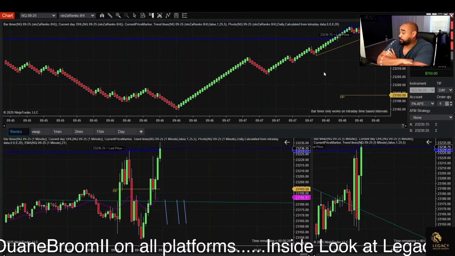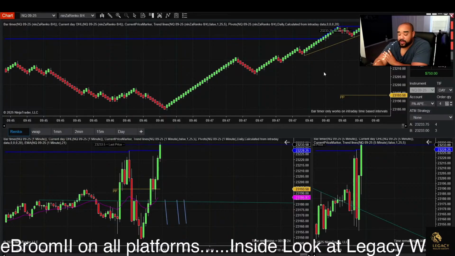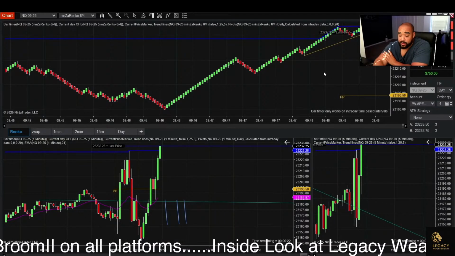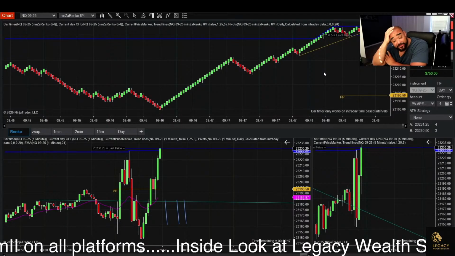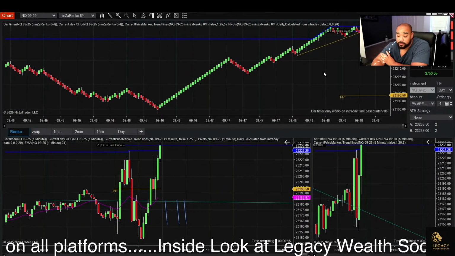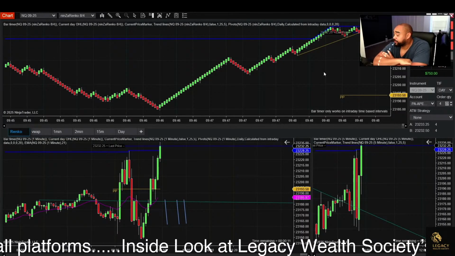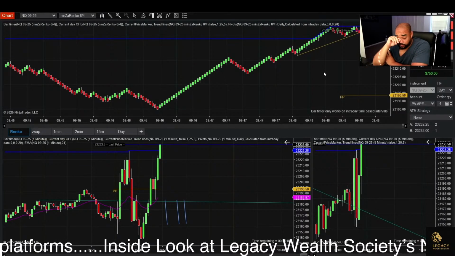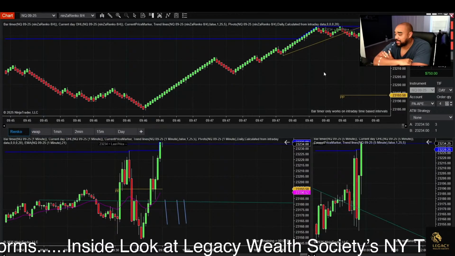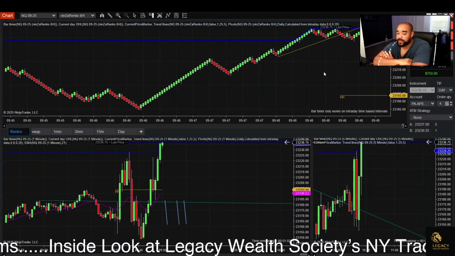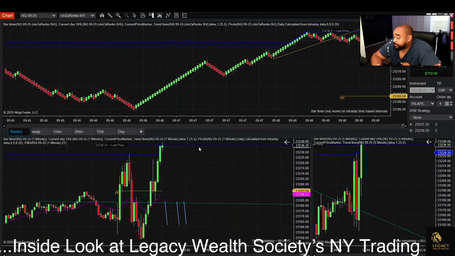Where do you think we're going next? Well, right now we're breaking out of the 15-minute range. If we continue, we don't go back into the 15-minute range right now. The next target I feel will be the 268 level. But on the first breakouts of the 15-minute range, I'm always hesitant, only because it likes to normally come back down to the 15.